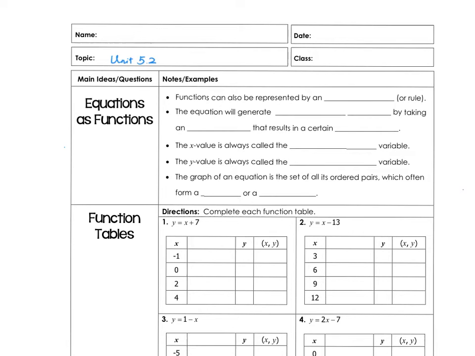In the previous unit, we talked about functions being a special kind of relation where for each x input value, we have only one output value, and we use the vertical line test to evaluate that. Now, in this unit, we're going to learn a function can also be represented by an equation. And the equation will generate ordered pairs